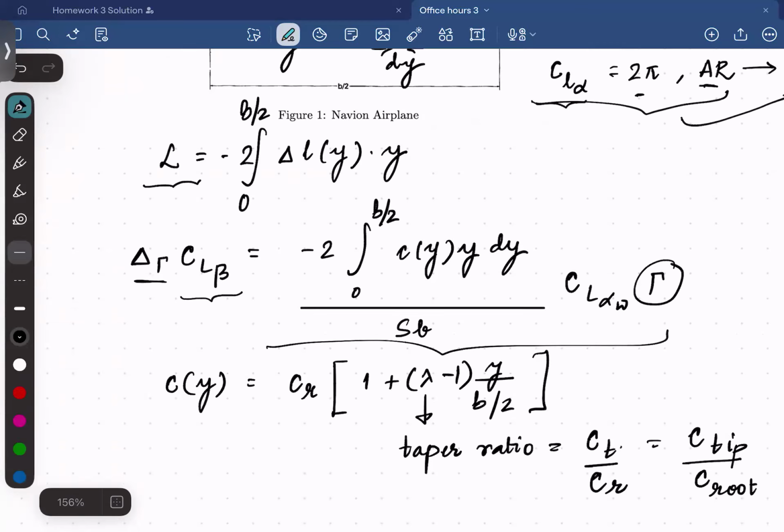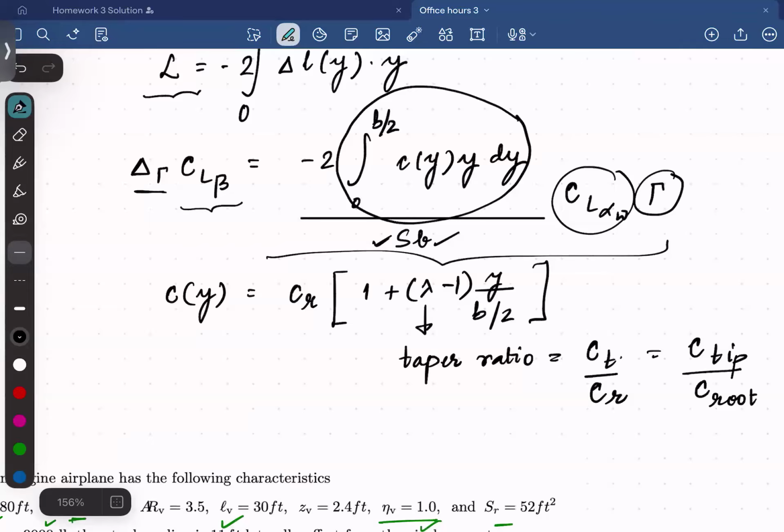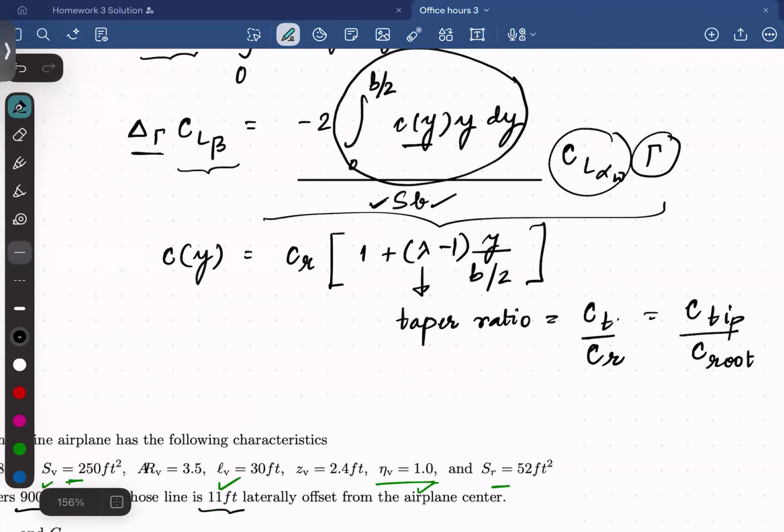We have gamma, you will find C_L alpha of the wing, you have the aspect ratio, the planform area of the wing, and the span of the wing. The only thing you need to evaluate is this integral. The chord as a function of y is in the lecture 6 as well as lecture 1 notes. If you have a trapezoidal wing, which the question says you can assume,